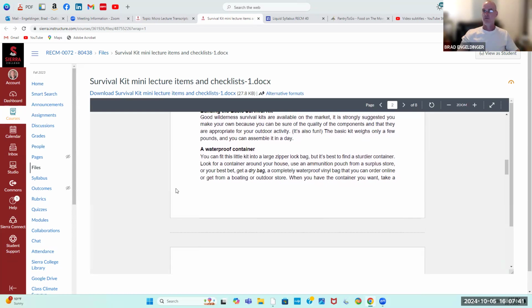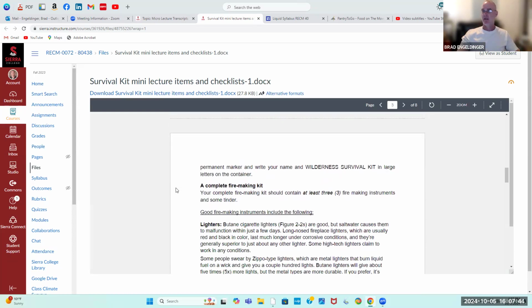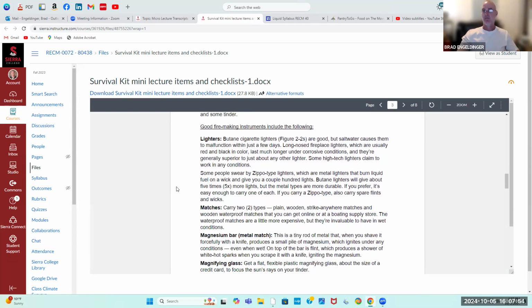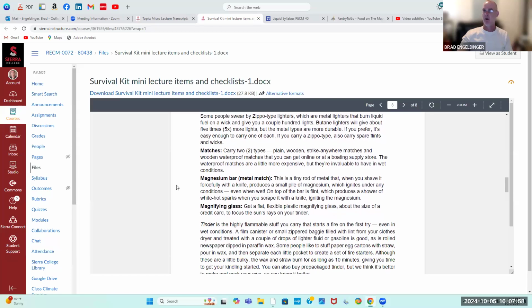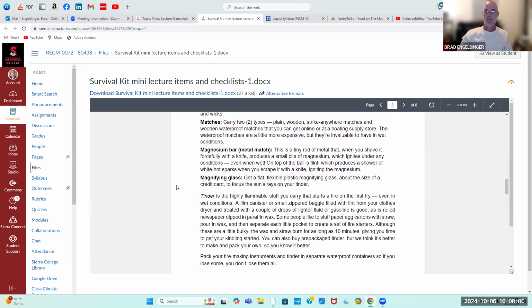Okay, for a waterproof container, you can use anything that's portable. All right, if you use a steel container, you can boil it to purify the water, say for example, or you can bring purification tabs with you. Combustion devices, cigarette lighters, matches, a magnesium bar, if you have the money for it, or a magnifying glass will